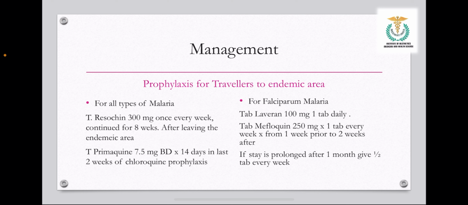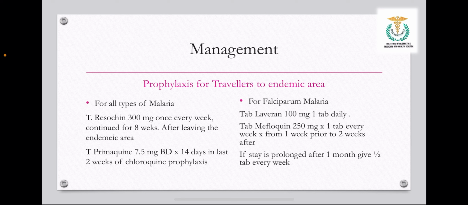Next is the prophylaxis of travelers to endemic areas. These are the things I'm going to explain for travelers in endemic areas. It is not recommended for residents of the endemic areas. For all types of malaria, tab chloroquine 300 mg once every week, continued for 8 weeks after leaving the endemic